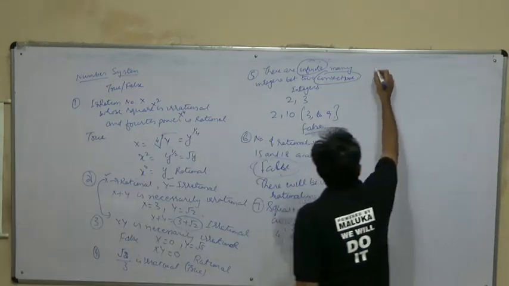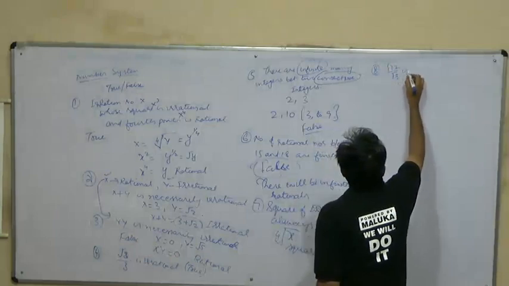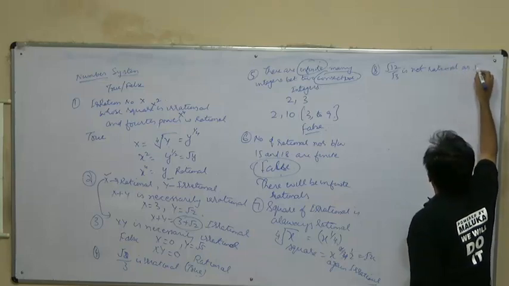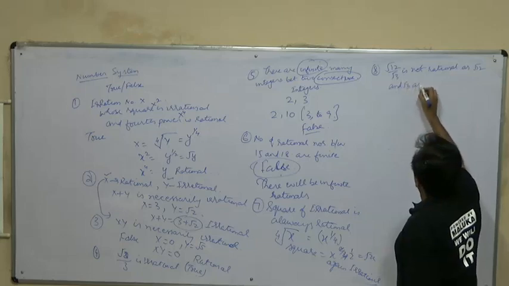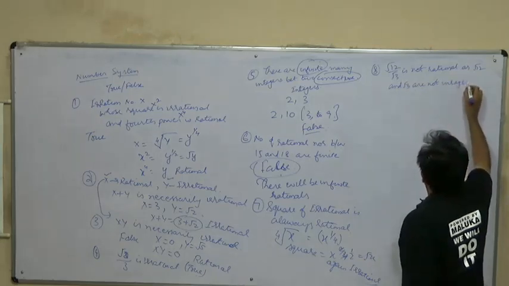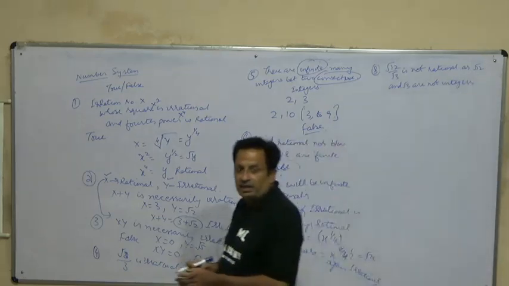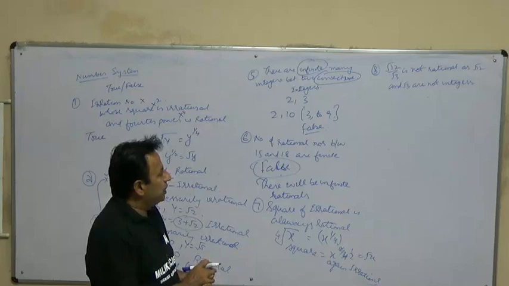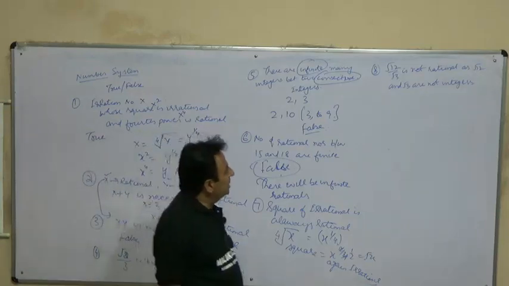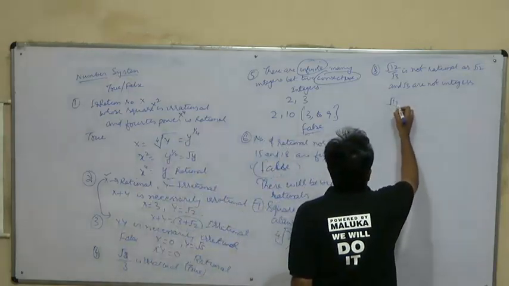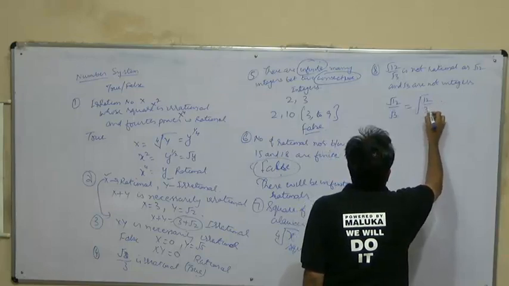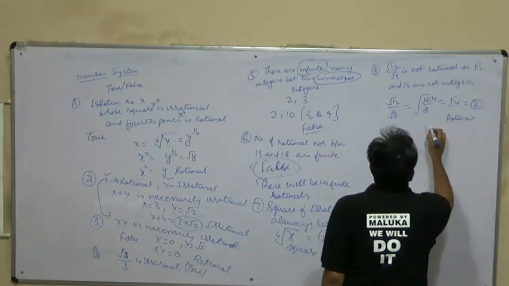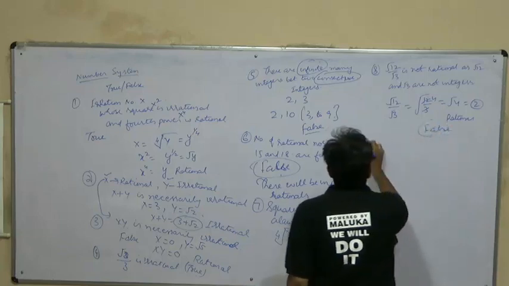अंडर रूट 12 बाई अंडर रूट 3 is not rational as under root 12 and under root 3 are not integers। तो इस स्टेटमेंट में हमें ये कहा गया है कि अंडर रूट 12 और अंडर रूट 3 को हम रैशनल नहीं कह सकते, क्योंकि ये इंटीजर्स नहीं हैं। लेकिन अगर इसको हम सिंप्लीफाई करें तो अंडर रूट 12 अपॉन अंडर रूट 3 विल बी इक्वल टू रूट 12 बाई 3, इट कम्स आउट टू बी रूट 4 विच इज 2 विच इज ए रैशनल। सो ये स्टेटमेंट फॉल्स है।